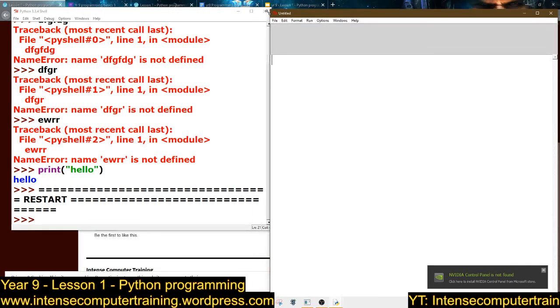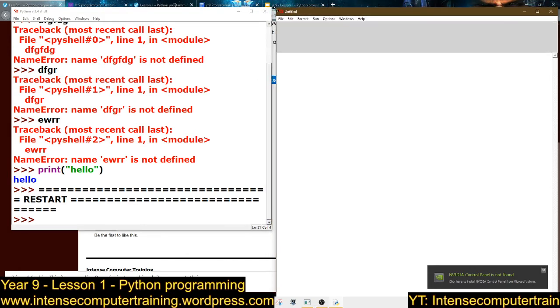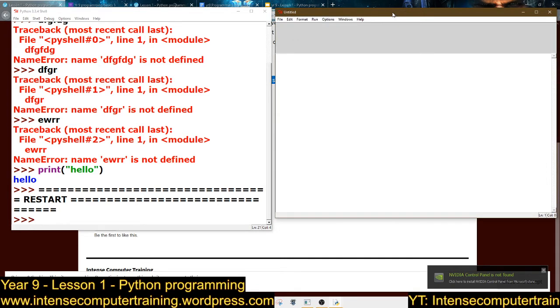I can do exactly the same thing. I didn't realise changing my font would put everything out of whack, but it has done, and there's nothing we can do about it now. Right, so if I do the exact same thing in here, print, it still goes purple like it does. I put in my 2 speech marks and I type hello. And then what you've got to do this time is run it.